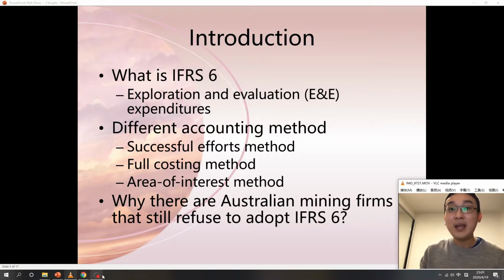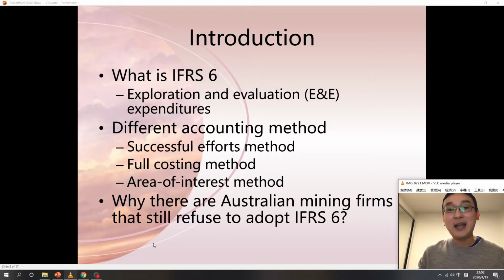Due to the introduction of IFRS 6, a clearer guideline for the recognition of E&E expenditure was provided. However, firms still have the freedom to choose a number of accounting methods that they want to use when they recognize and measure E&E expenditure, namely the successful efforts method, the full costing method, and the area